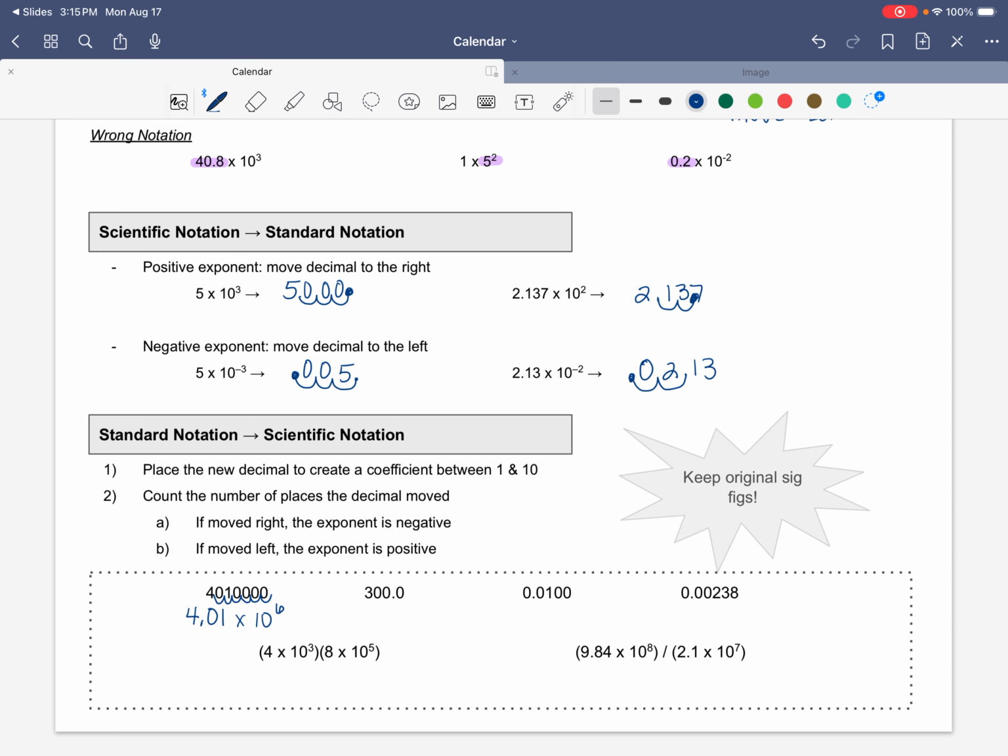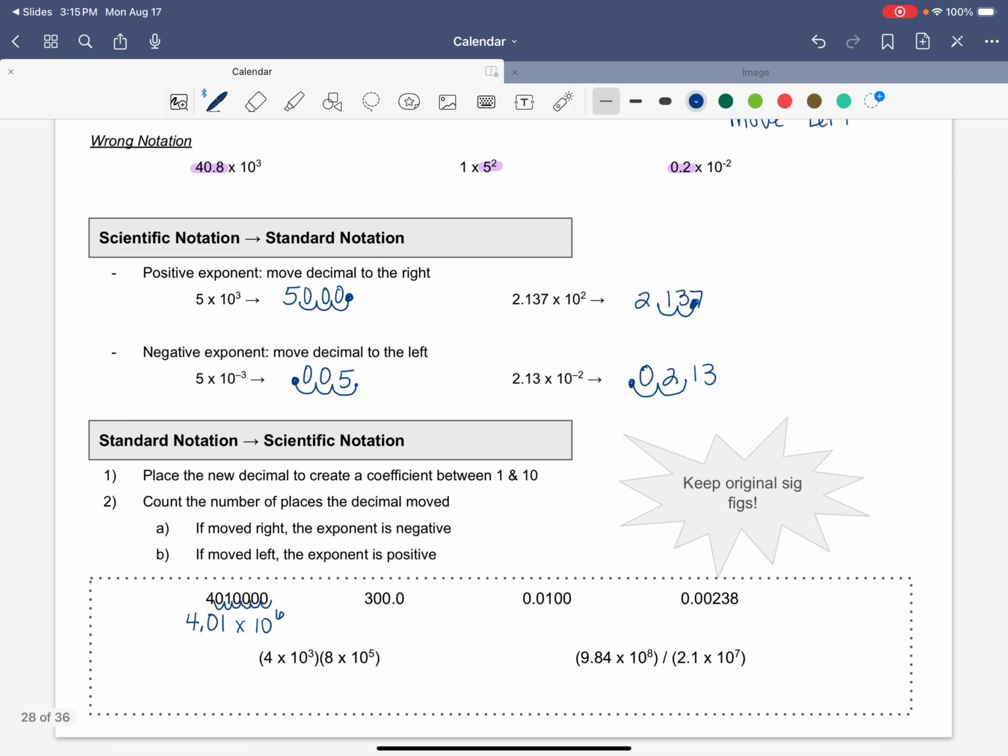Okay, for this next one, looking at sig figs, I do have a decimal, which means it's going to hold on to these trailing zeros. So all of these zeros are significant. So we have 4 sig figs. So we're going to report 4 sig figs. My new decimal needs to go between the 3 and the 0 in order to create a coefficient between 1 and 10. So